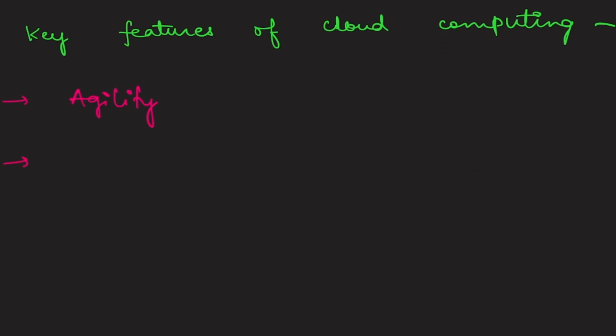Okay. The next one which we have here is location independence. Now, why is location independence important? Because if you talk about cloud, cloud is virtually located. Now every company is having different servers, and if you will see, all of those servers are something which is not like, let us say you talk about some company, let us say Microsoft.